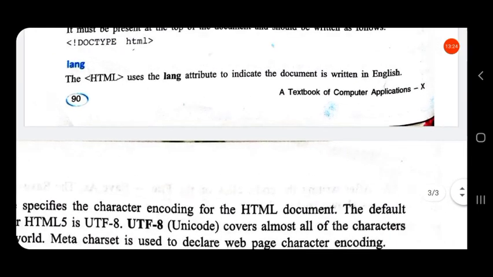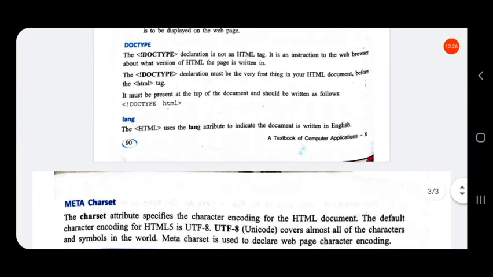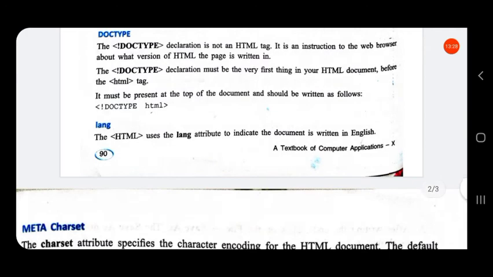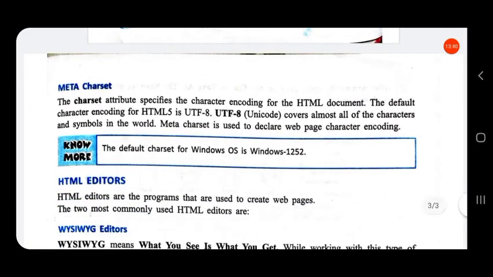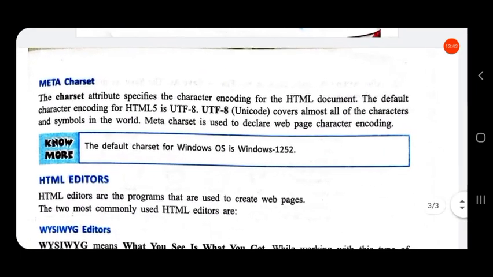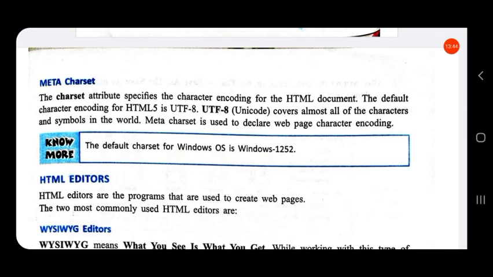Now lang, that is the language. HTML uses the lang attribute to indicate the document is written in English. Then meta charset. The charset attribute specifies the character encoding for the HTML document.